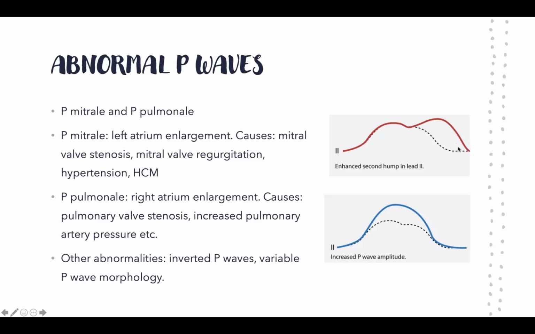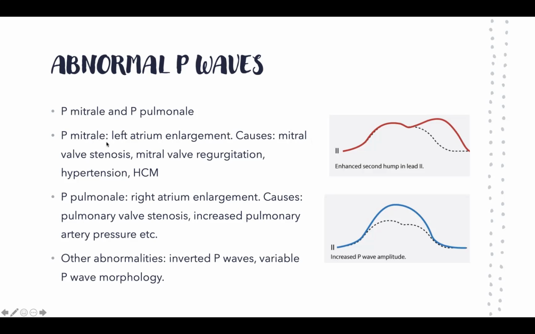What causes left atrial enlargement? It could be mitral stenosis, mitral valve regurgitation, hypertension, or hypertrophic cardiomyopathy. And it's a genetic disorder in some cases, and it can lead to hypertrophied ventricles. It's a condition as well that is associated with sudden cardiac death. As you can see, the P mitrale is associated mainly with a lot of mitral valve issues, and that's why